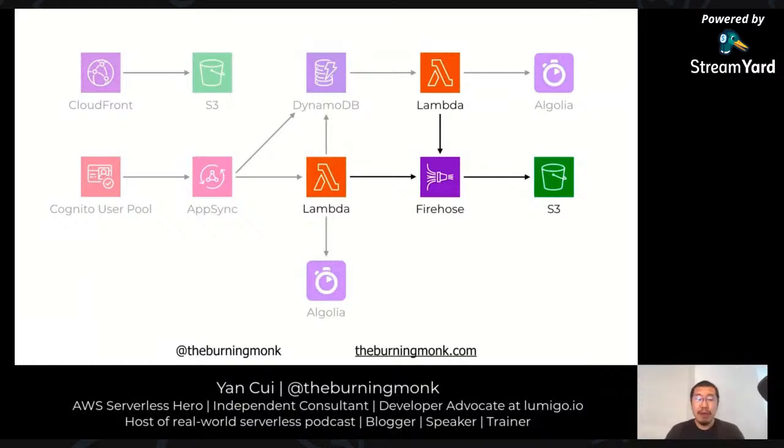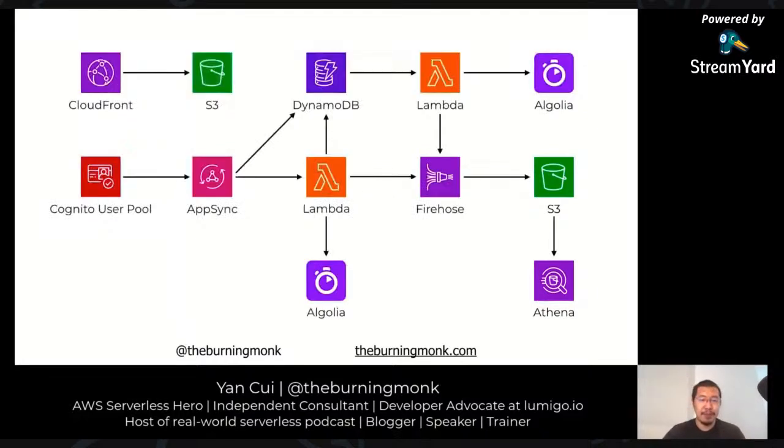And I also capture BI events from the different Lambda functions and use a Firehose delivery stream to buffer and to batch them into files in S3. And so we can then run business intelligence reports against them using Athena. Again, this is not the full architecture diagram. It's just a summary of the different services I used and how they fit together from a high level.